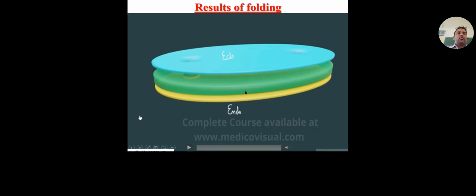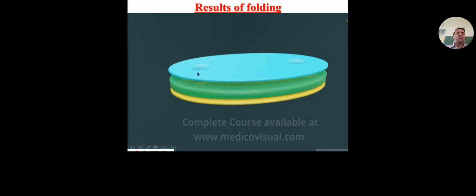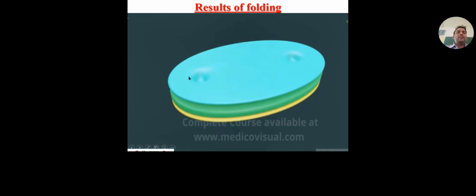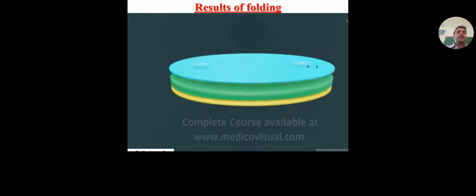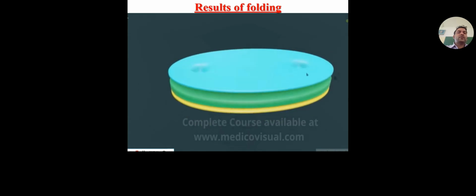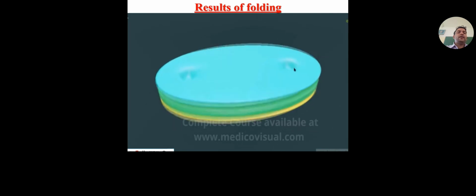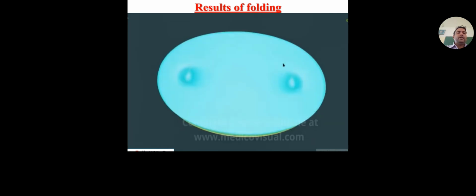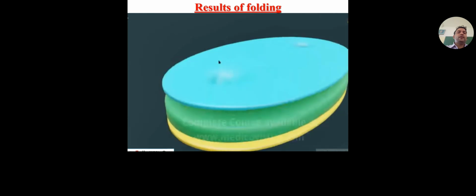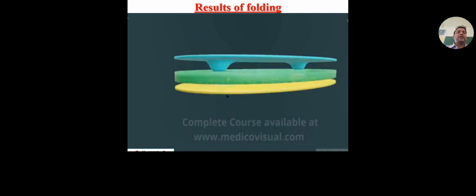Let us try to understand the folding with the animation here by medicovisuals.com. I suggest you visit this site and try to understand embryology in a better way. You can see there are three germ layers. Ectoderm is denoted in blue color, mesoderm in green color, and endoderm in yellow color. You can see the two areas there. That is the oropharyngeal membrane and cloacal membrane, where the cells of ectoderm and endoderm are adherent tightly without any intervening mesoderm. Towards the head end is the oropharyngeal membrane, and towards